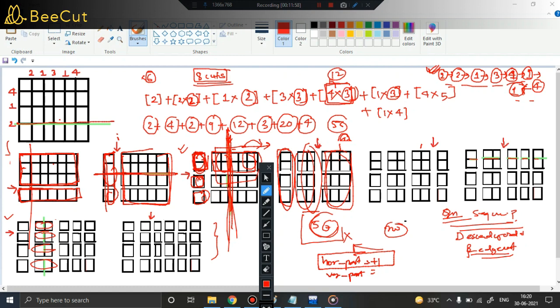Got the point? And whenever I am cutting it horizontally, you are increasing the number of parts vertically, because right now you see you had only 1 part, 1 chocolate bar vertically. Now if I cut it along this edge, I will be having 1 separate, second separate. You see, count increased, right? So I hope you are getting the point.